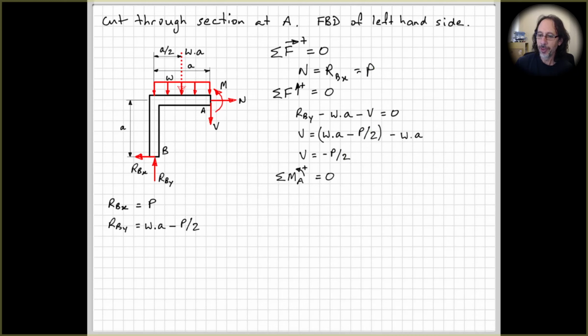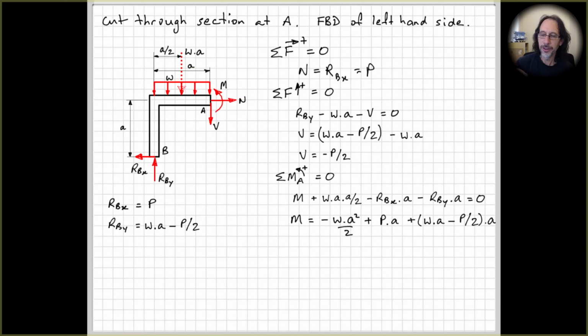And then taking moments about point A again. This time the moment is anti-clockwise, so it's positive: W A times A over 2, the moment effect of the distributed load about point A. And then we have RBX times A, so RBX, perpendicular distance to A, tending to rotate clockwise, is negative. And then RBY, acting up here, distance of little a from point A, tending to cause clockwise rotation also, so that's also negative. So rearrange that, substitute in for our values for RBX and RBY, and we get hopefully